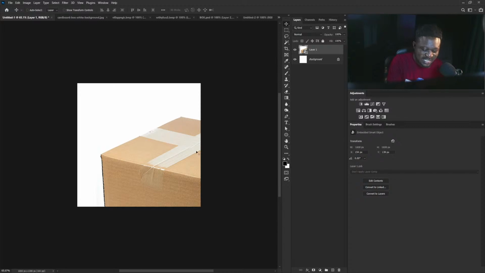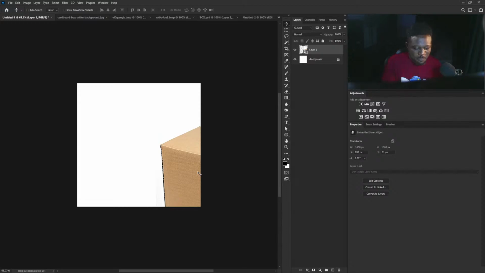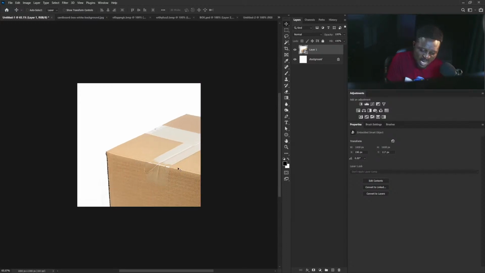And the idea behind this tape is to make people know that this is a delivery box. If I don't make the tape visible, the message is not going to be that clear. So I'm going to move this here now. But the way it is now, the message is still not balanced because there are different